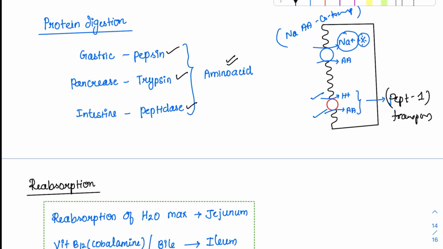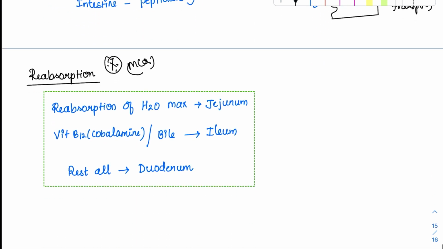Then coming to the summary of all the reabsorptions. This is asked in MCQ, so we have to remember a few points. Almost all of the substances are maximally reabsorbed in the duodenum. So that will not be a question. Obviously, exceptions are the questions. So what is the exception? The exception here is that the reabsorption of water is maximum in the jejunum, whereas the reabsorption of vitamin B12